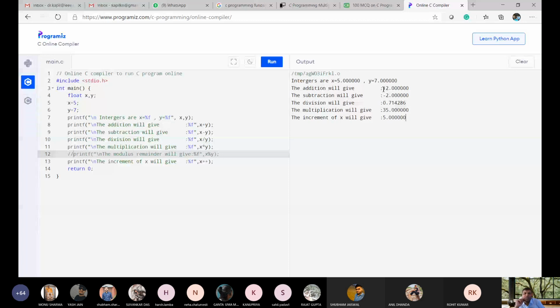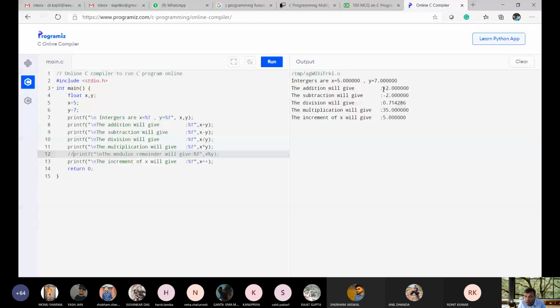But again, there is a problem with the increment operator. Yes or no? Yes, sir. Okay. So here you should know the concept of pre-increment and post-increment.